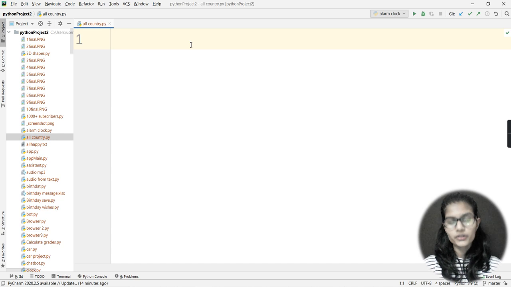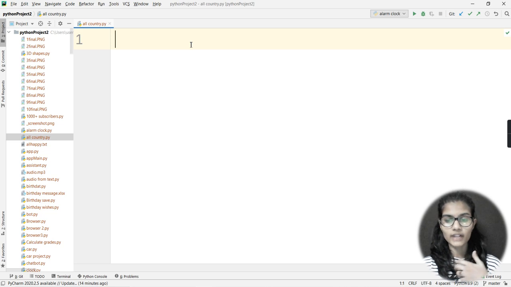So basically today we are going to make a Python project. The idea is that we'll be writing the code that will display all the details of any country you want to enter here. Let's say I enter the country as India. Now it will give me all the information about this country, like the capital, the currency, the languages used, the time zones, area, borders, all that information about that particular country. So this is the project we are going to make today.